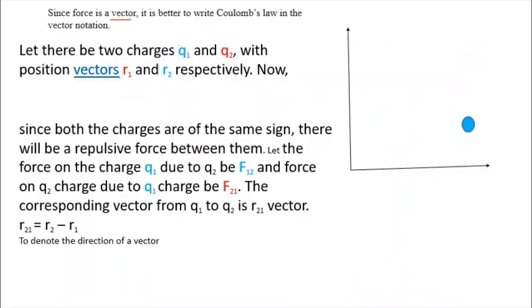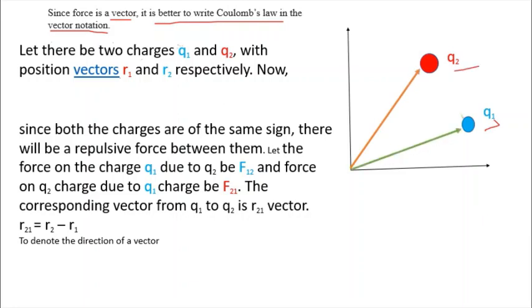Since force is a vector, it is better to write Coulomb's law in vector notation. Let us consider two charges, Q1 and Q2, with the position vectors R1 and R2. Since both these charges are of the same sign, a repulsive force acts between the charges. Force on Q1 due to charge Q2 is